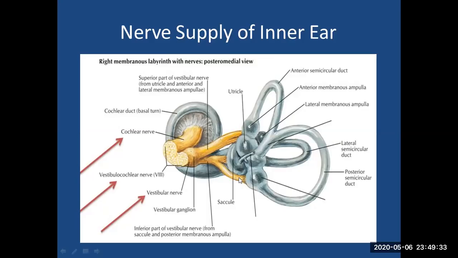In patients with vestibular neuronitis, when there is an upper respiratory tract infection, there is an inflammation of the vestibular nerve. There is also sometimes involvement with loss of hearing in such patients. So that significance lies because of the involvement of the cochlear nerve branches supplying the saccule. This is of theoretical importance, but we may also encounter this in practice.